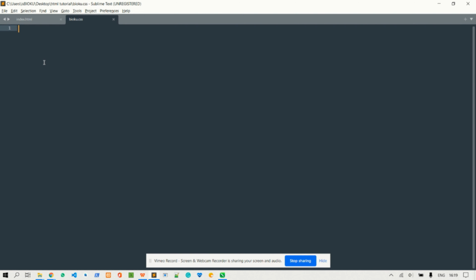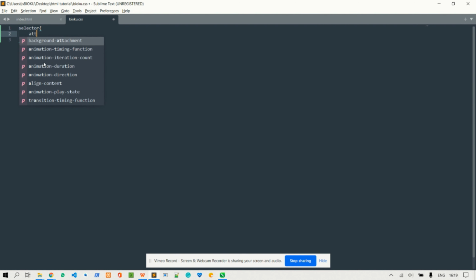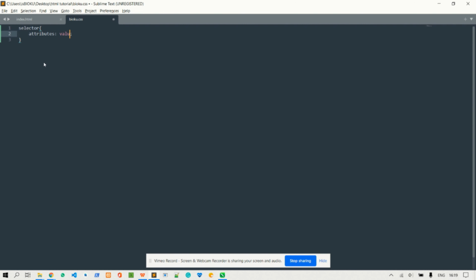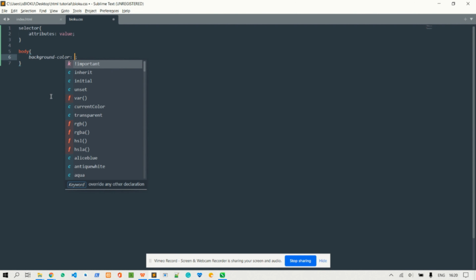Now inside this bioku.css, we go use the same structure wey be selector. Inside our selector now, we go get our attribute and value. There you see. So wetin we go do now be say make we first style our body. So I go just talk say selector, because na our body we wan style, we go just talk say body. And the attribute of wetin we wan do now na say we wan change the background color, so we go just talk say background color, then we go give am